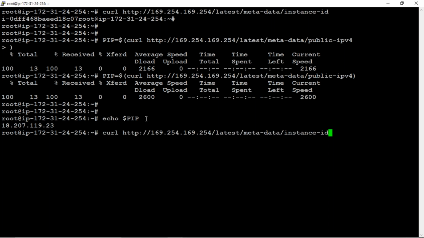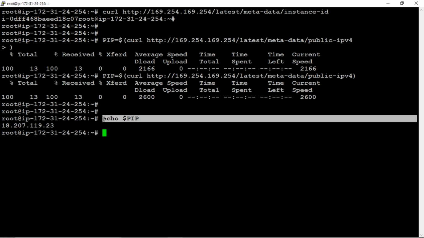I want instance ID, so that is why I am assigning instance ID. Or else if I want the instance public IPv4, I can give public IPv4 as well. So this is public IPv4. I just assigned all that command to one variable. Got it? So this is the way of assigning something to our variable.